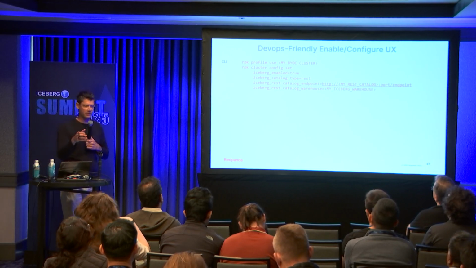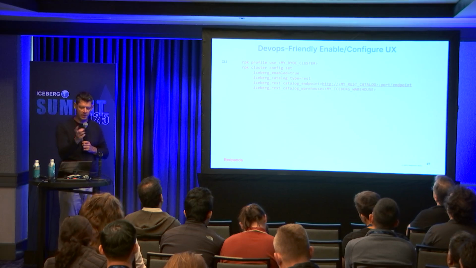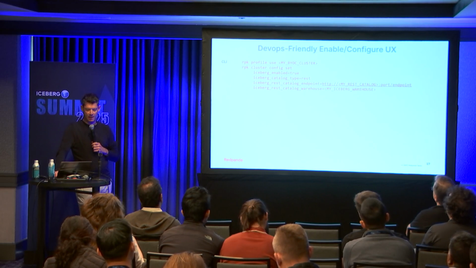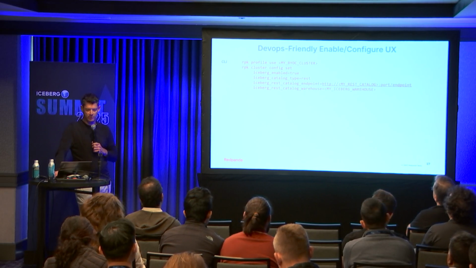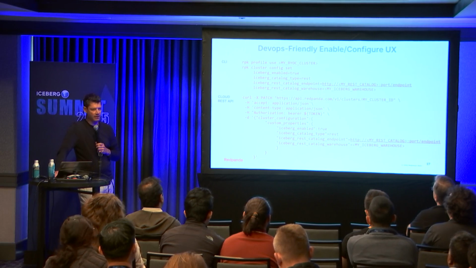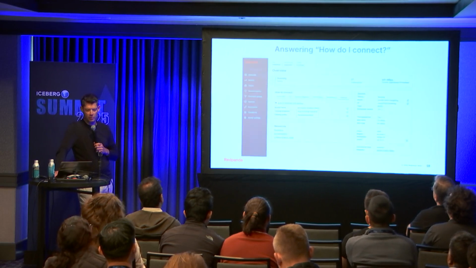It's a lot nicer than those shell scripts you have in Kafka. I can jump between clusters with the profile, and then I can just enable Iceberg and say I have a REST catalog, and here it is, and it's as simple as that, right? These are just config properties. Or I can just use the REST API. I can use the Terraform provider, CRDs, like any of these things. It's all declarative, right? Developer friendly. You don't need to go to a UI.